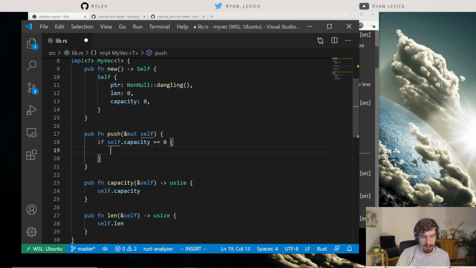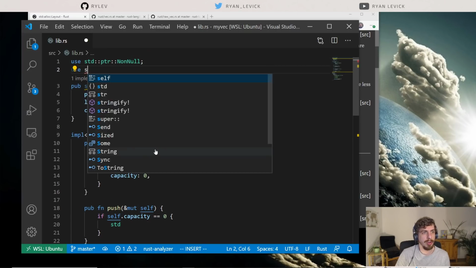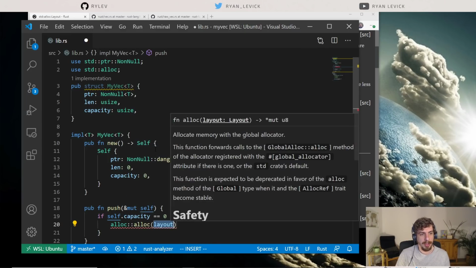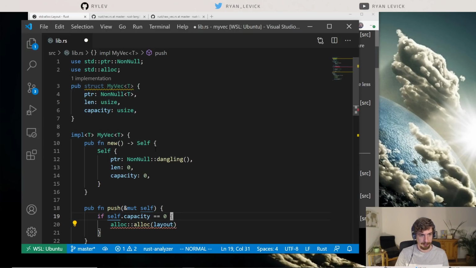So we know that we need to allocate some memory. We need to call alloc, and let me go ahead and up here use std::alloc, so we can just call alloc. So we want to call alloc with some layout of memory. So we need a layout, and we can call Layout. And what do we want to do here? Well, we